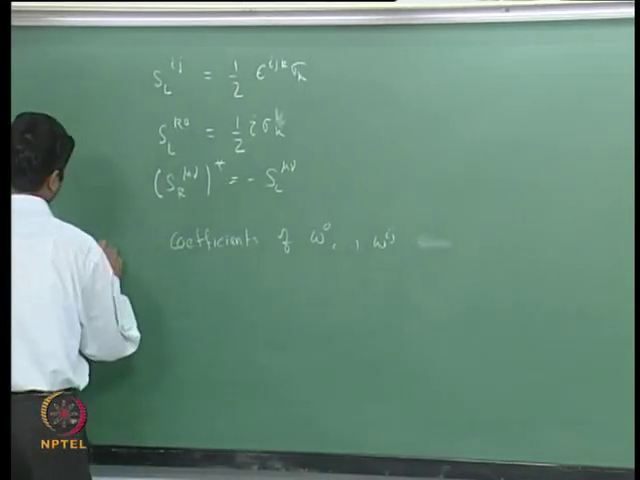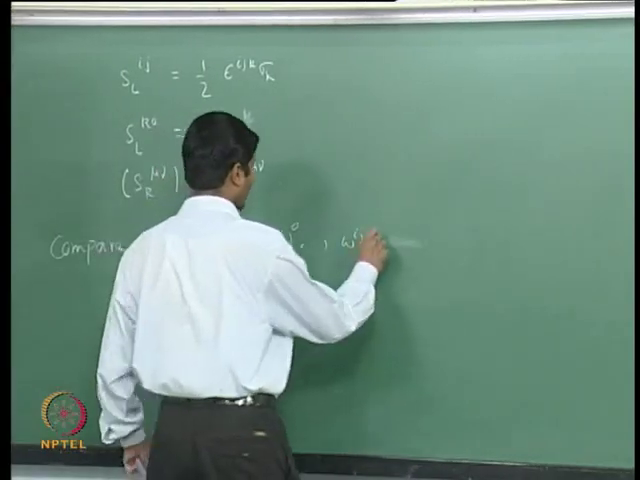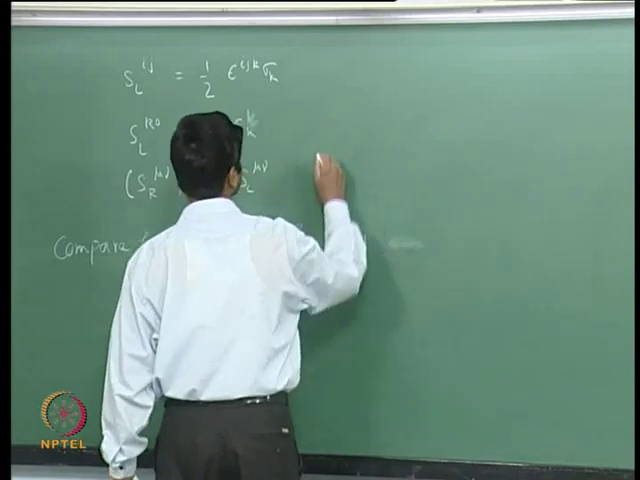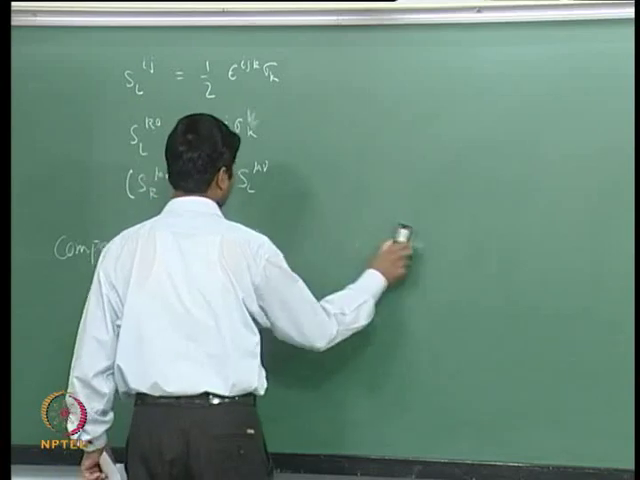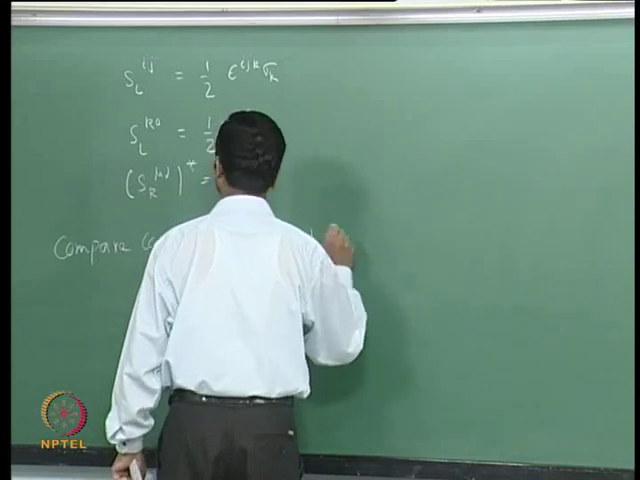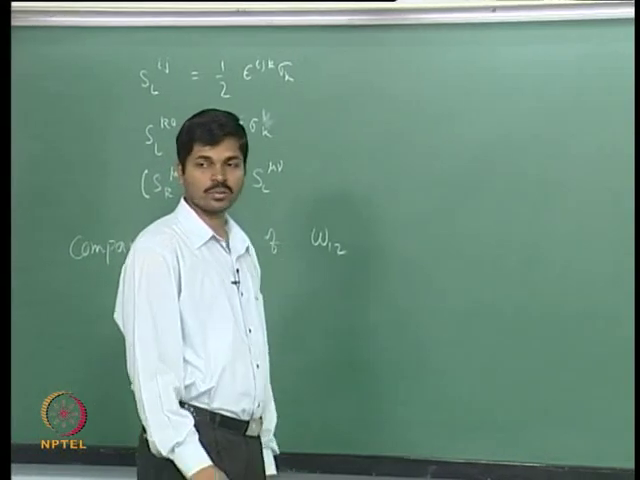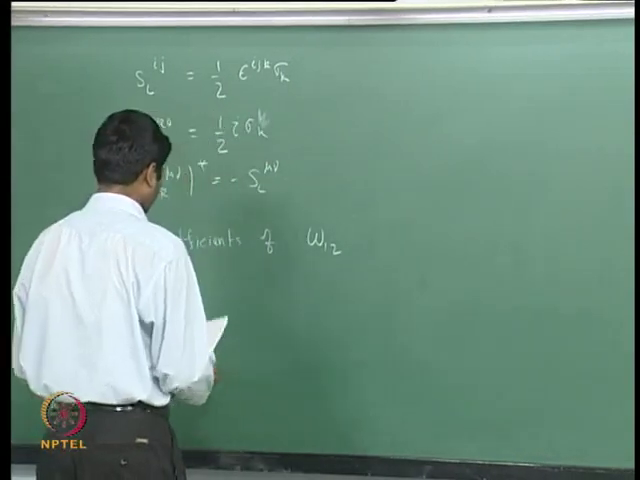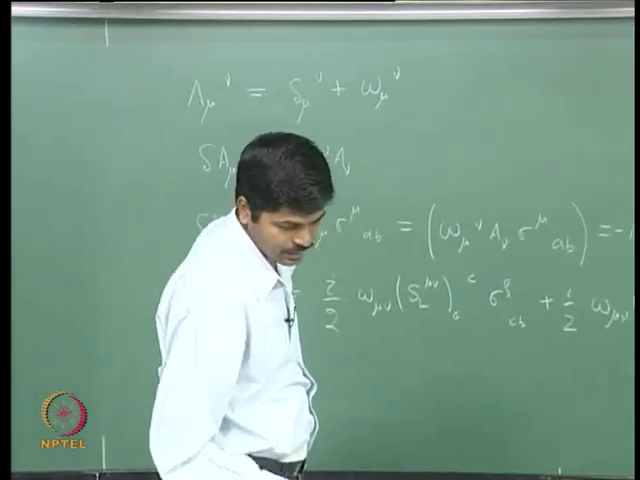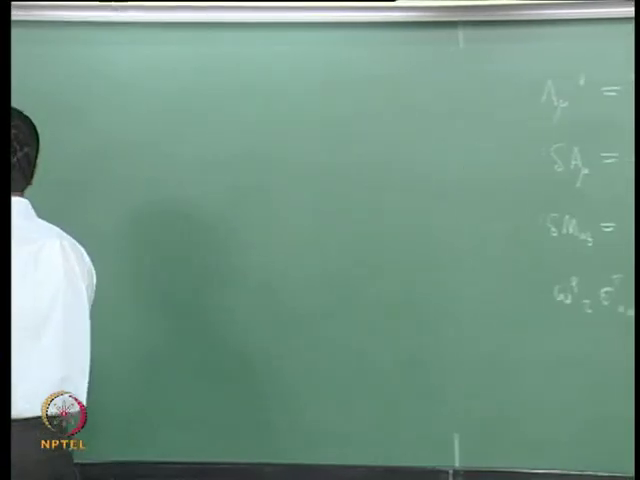So, you can just compare the coefficients. What I will do is compare the coefficients for omega 1 2 for u, and then the coefficients of omega 1 2, and then I will leave the rest for you to work out yourselves. So, to do that, what do you need to do? You just take rho equal to 1, okay,